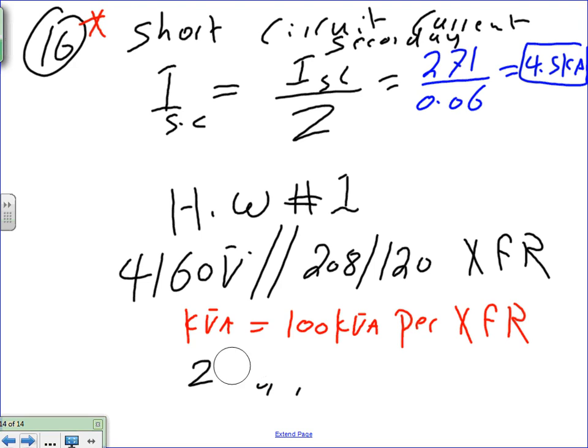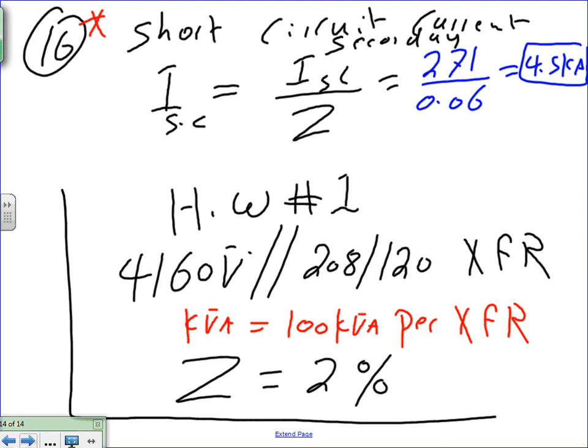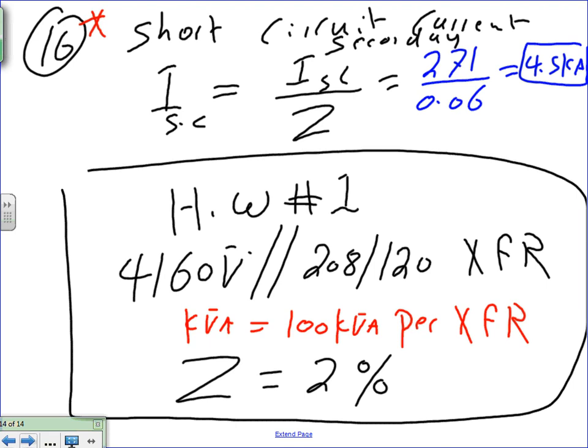Okay, the last thing is our homework. Our homework is going to be an impedance of 2%. Here's the homework that you guys need to do. Homework number 1, please mark it. Homework number 1, I have a transformer. It's 4160 on the primary. On the secondary, 208/120. The kVA of the transformer, everything together, the kVA of the transformer is 100 kVA,